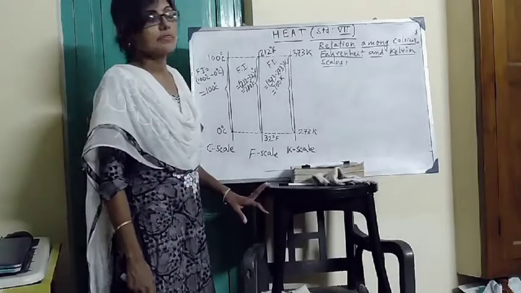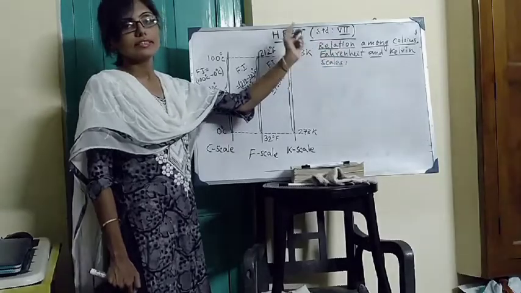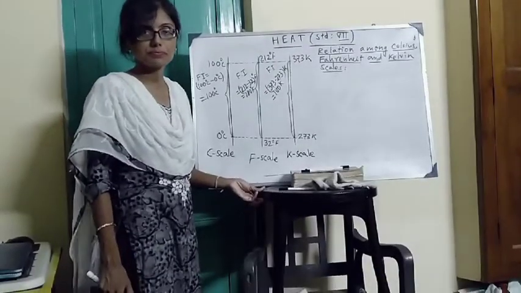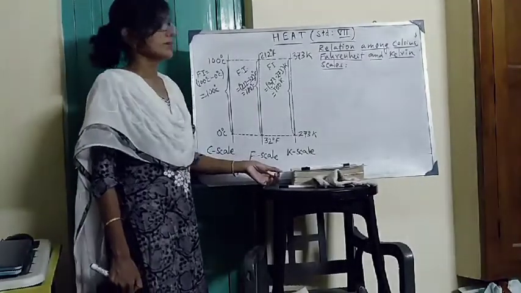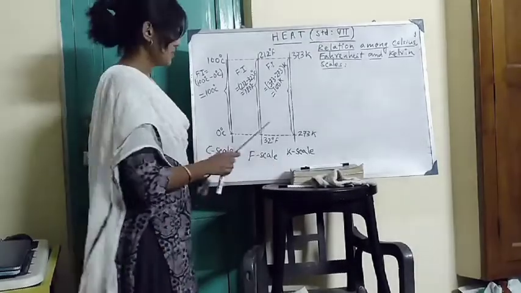Good evening, children. Last day we had started the chapter heat, and up to the general introduction of temperature scale was done. Today we will discuss elaborately the three types of temperature scales, that is Celsius scale, Fahrenheit scale